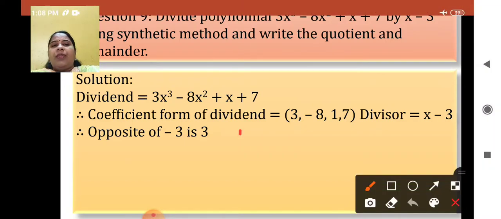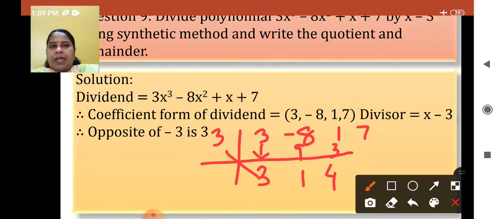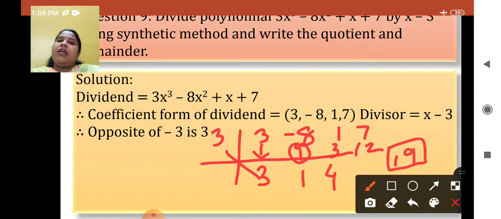And how is that to be done? Let us quickly see here. First of all, division has to start with 3. And these are the coefficients. 3, minus 8, 1 and 7. Okay. What was the rule? The first term is to be written as it is down, 3. 3 3s will give me 9. Multiply like this. Minus 8 plus 9 is 1. 3 into 1 is 3. 3 plus 1 is 4. I hope you are understanding. It is to be multiplied like this and the product is to be written here. Okay. So now 3 4s is 12 and 12 plus 7 is what? 19. So this you need to put in a square bracket as the remainder.